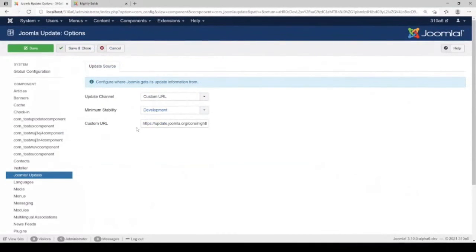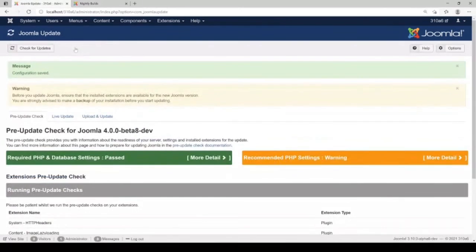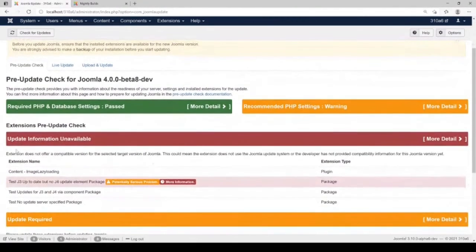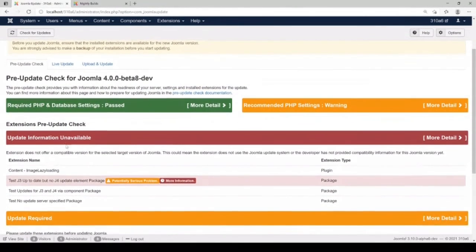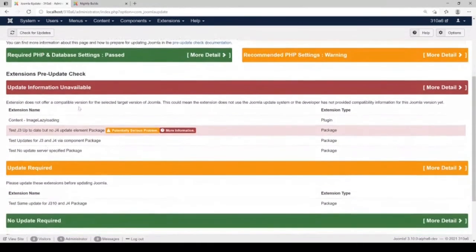That makes sure Joomla tries to update to the latest nightly build available from 3.10, and then shows the pre-update checker and tries to check against it. Then you see here they are processing, takes some time,